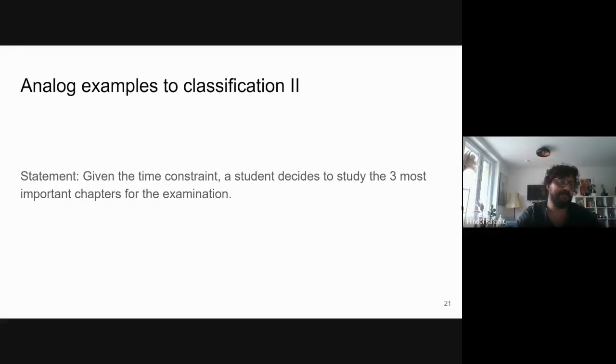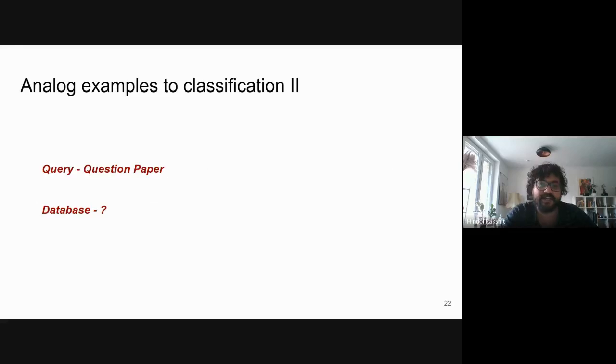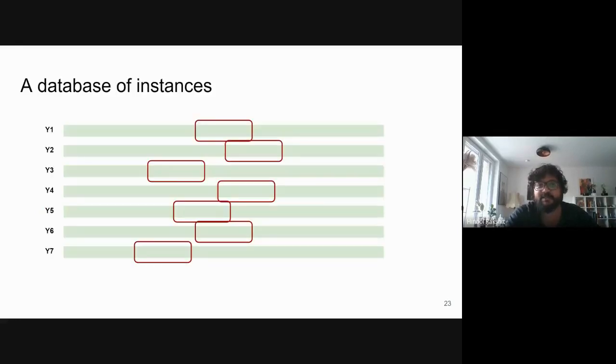Exactly. So I actually asked this question to someone in an interview, and straight away he said that the database here is actually the syllabus. And that's why I put it here, because this is an interesting case where the database is not the syllabus. In fact, the query is the question paper here, and the database is actually different instances of the syllabus with a particular group